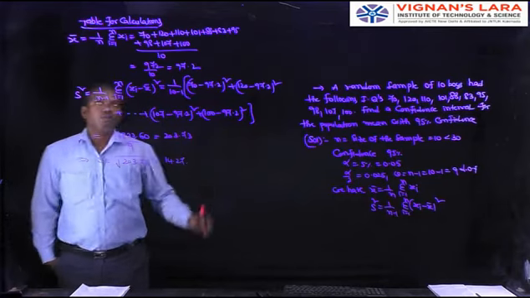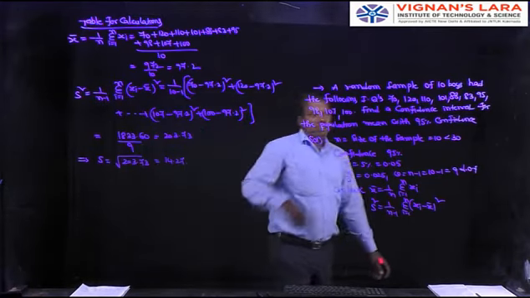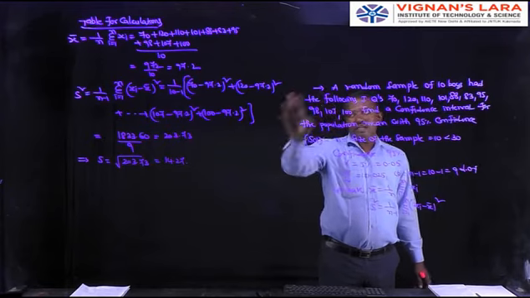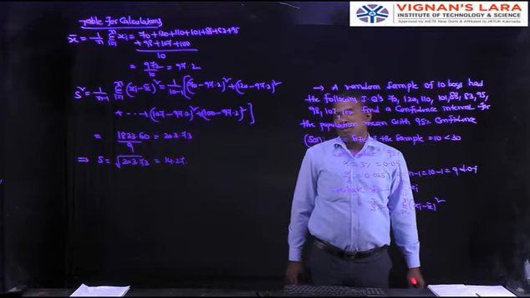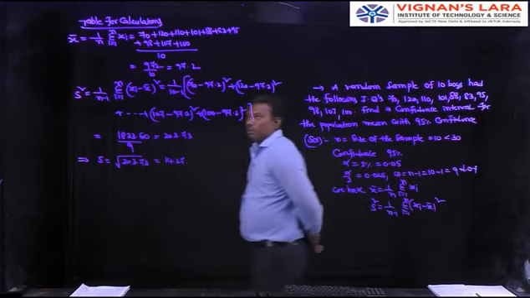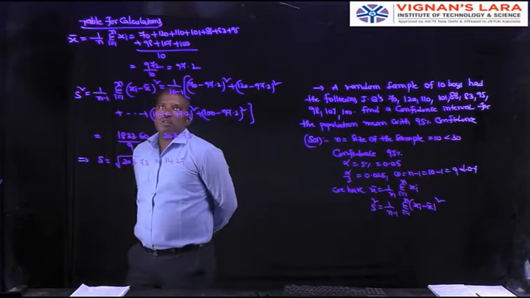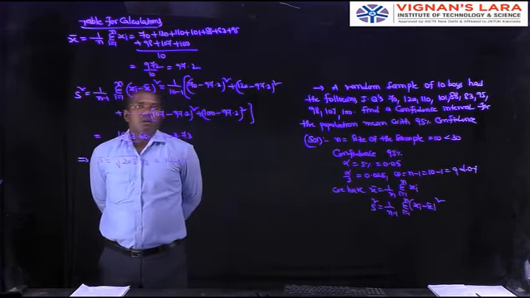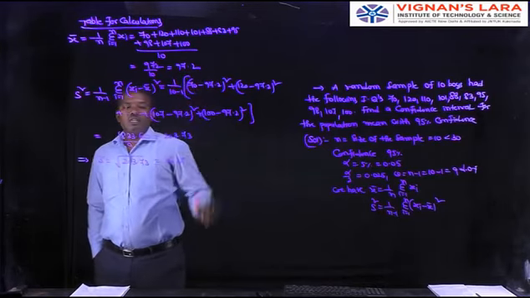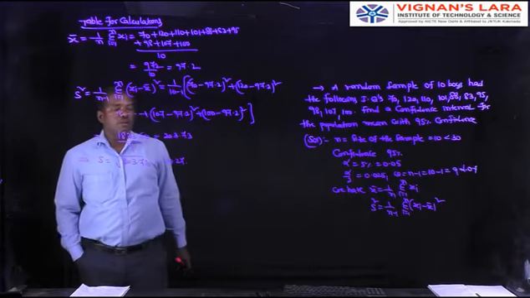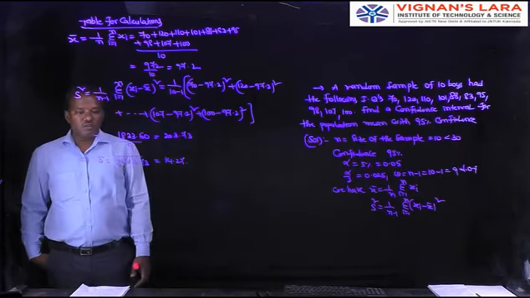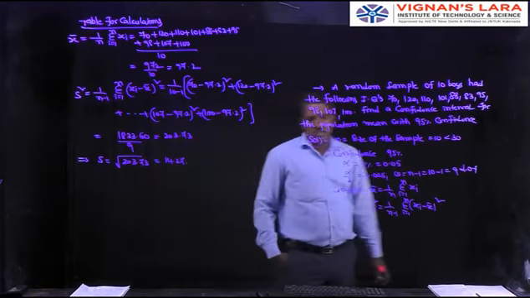14.27. So first calculate x bar, that is 70 plus 120 plus 110 and so on plus 98 plus 107 plus 100 by 10, that is 972 by 10, 97.2. S square is 1 by n minus 1, sigma xi minus x bar whole square, so that is 70 minus 97.2 whole square, 120 minus 97.2 whole square plus 110 minus 97.2 whole square, and so on, last 107 minus 97.2 whole square plus 100 minus 97.2 whole square. So the value of s square is 203.73, s is 14.27. That is the calculation of x bar and s.